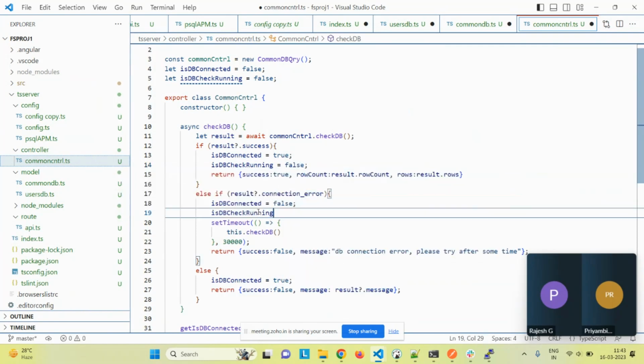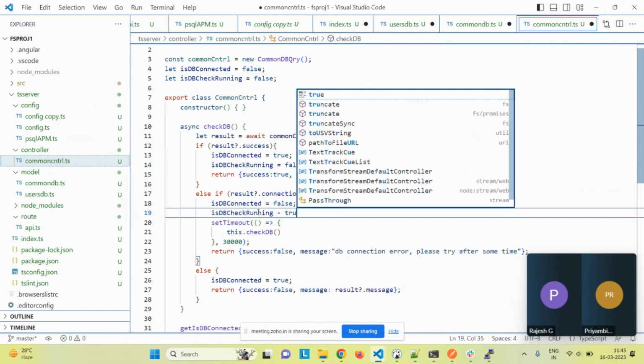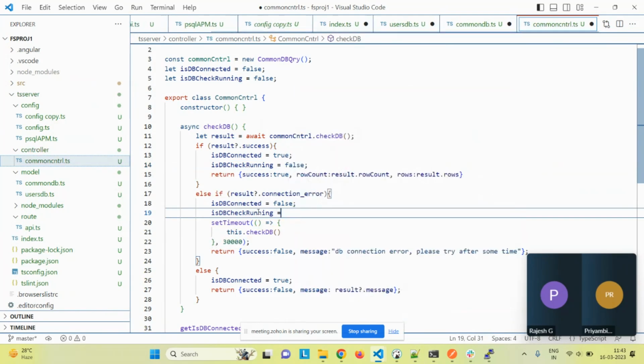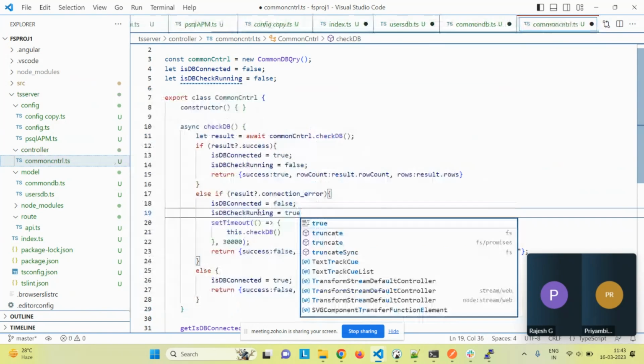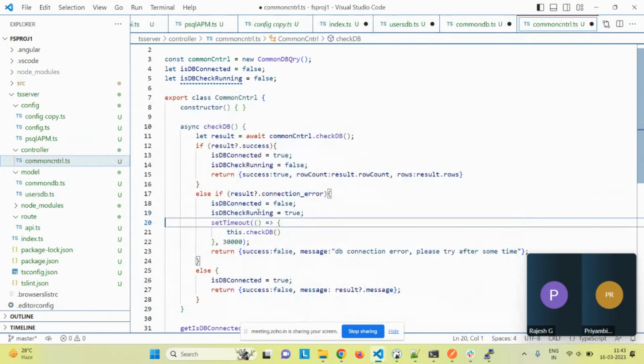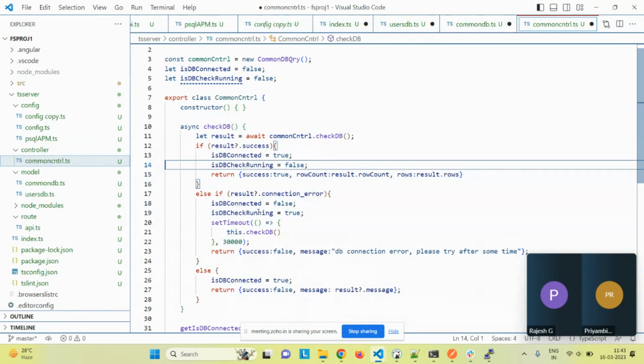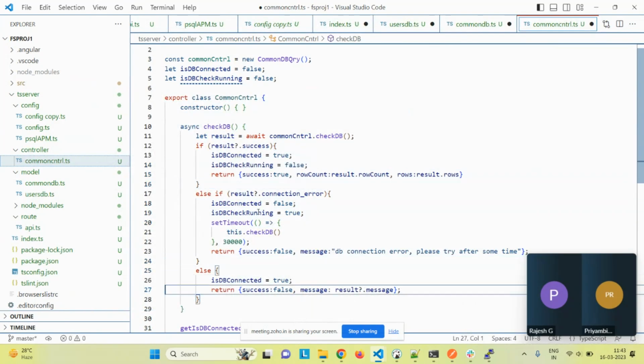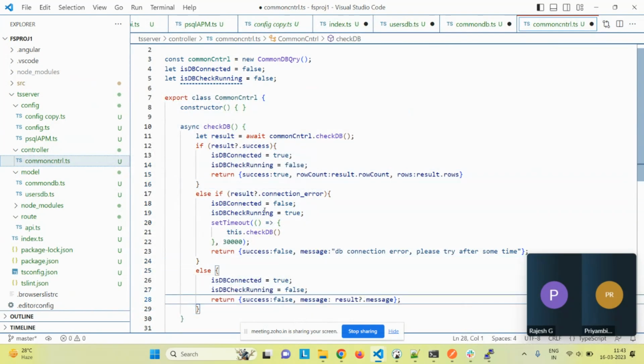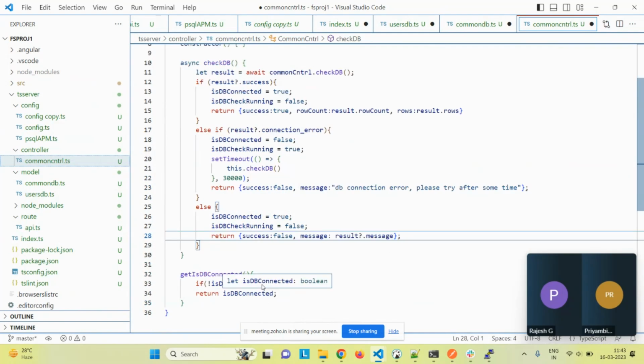It is true here. That means whenever this comes, it is checking every 15 minutes, right? So it is true here. And again, I copy paste here. It is false here, right? So that means if not